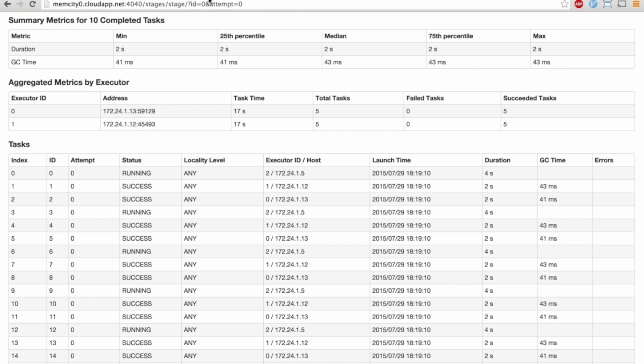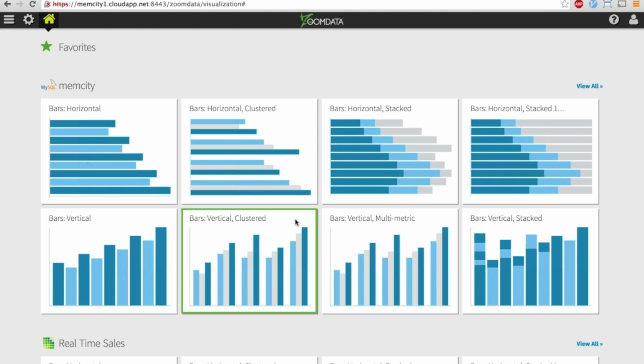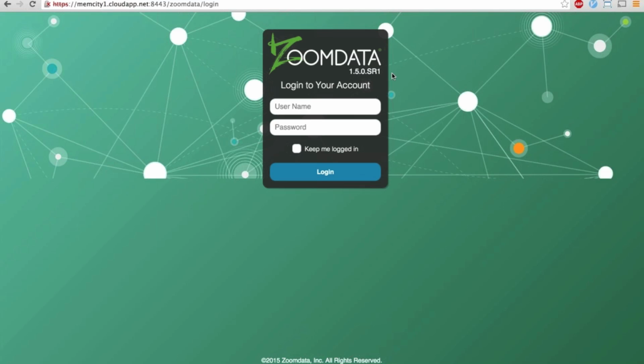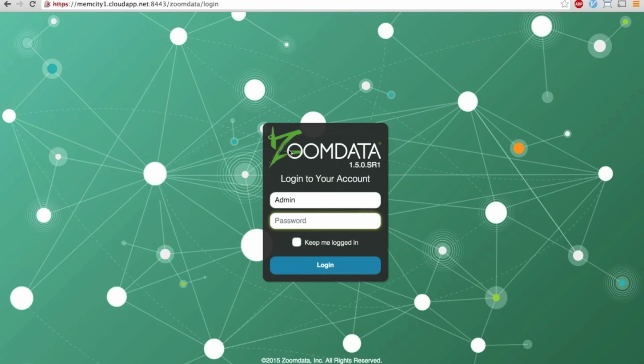So now, the really nice thing is, because MemSQL has a SQL interface, you can use pretty much whatever business intelligence or data visualization tool that you want, because they all speak SQL. And because it's updating in real time, the charts that you create are going to have access to the most recent data. So here's an example chart that